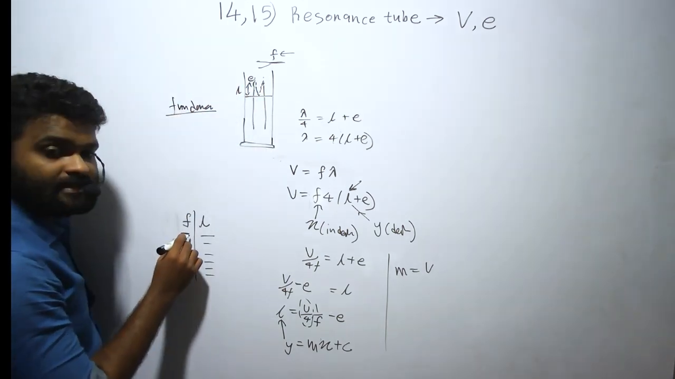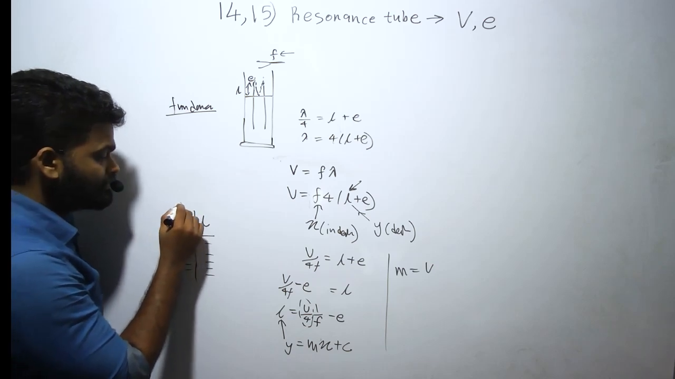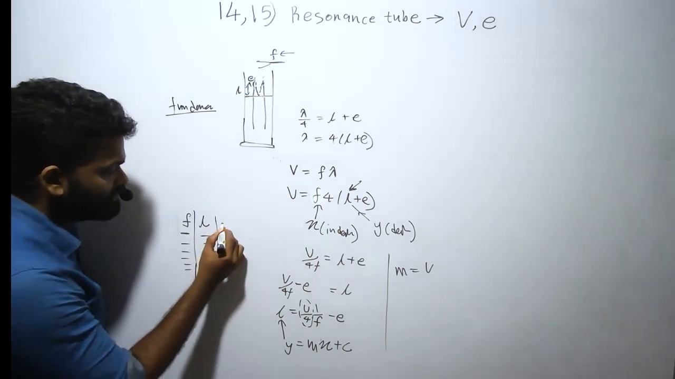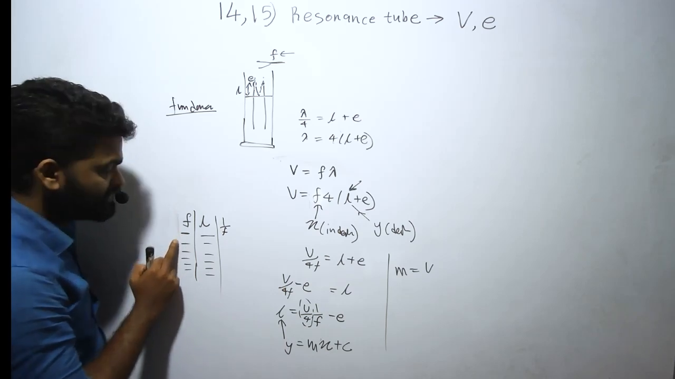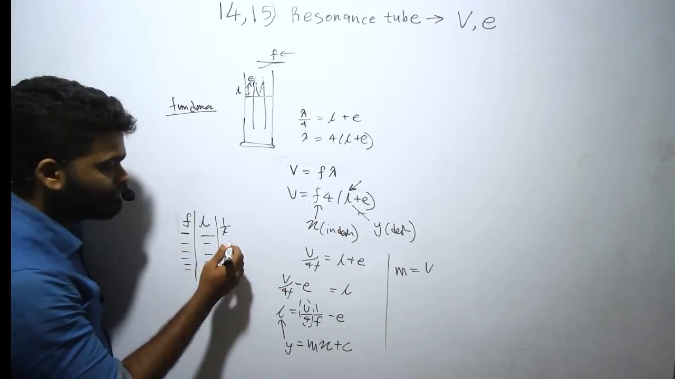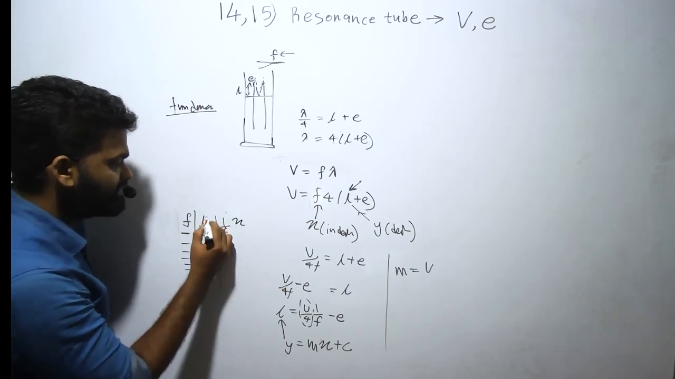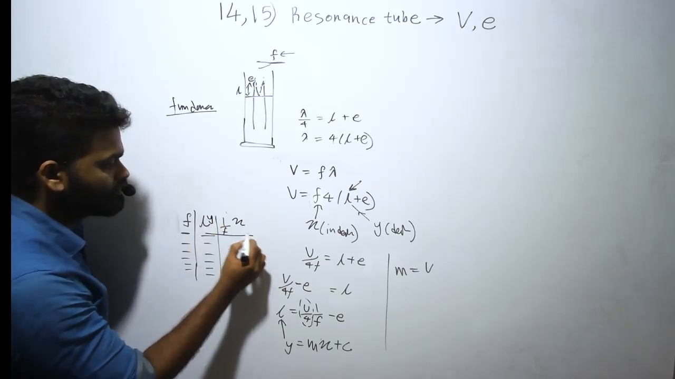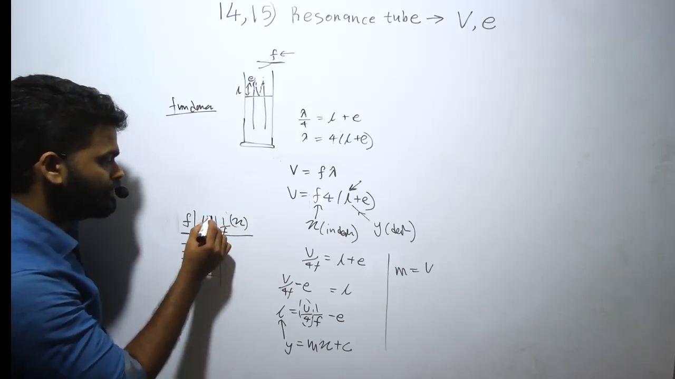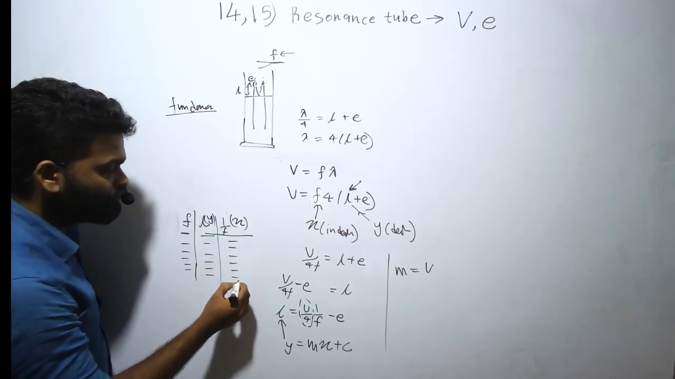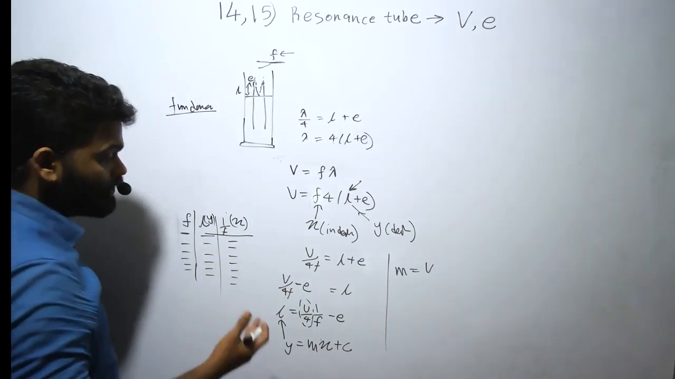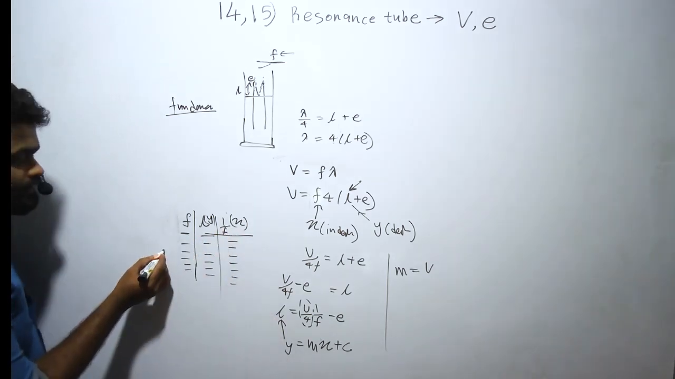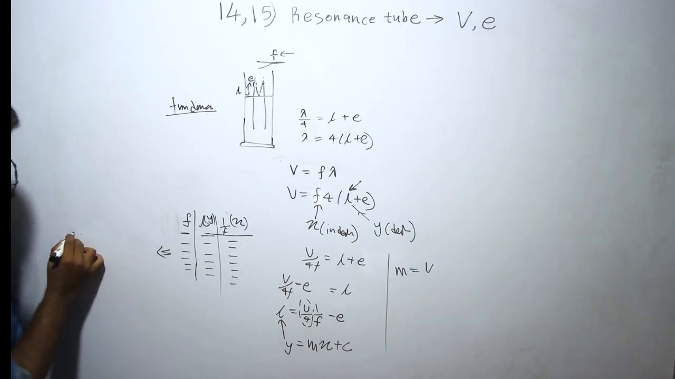Once you get these x and y coordinates, actually the x coordinate is 1 over f, right? So once you know this f value, you can calculate 1 over f. So this is x and this is y. Now you know 6 x and y coordinates in order to draw the graph. So if you get a shape like this,